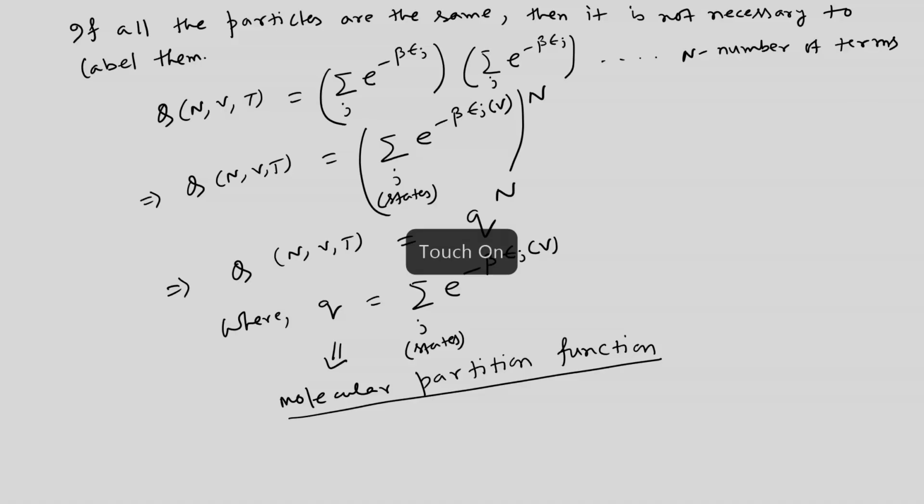So, for distinguishable particles we obtain the canonical partition function, or partition function of n number of particles, is small q to the n,